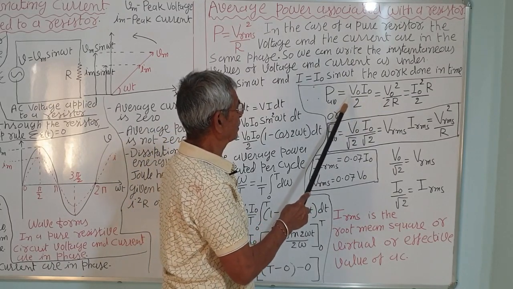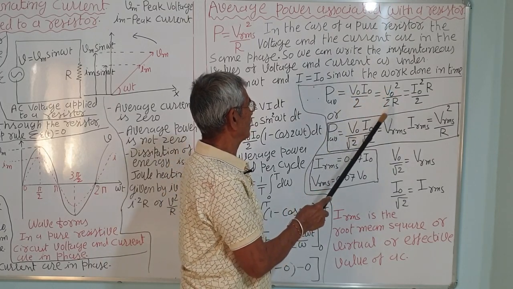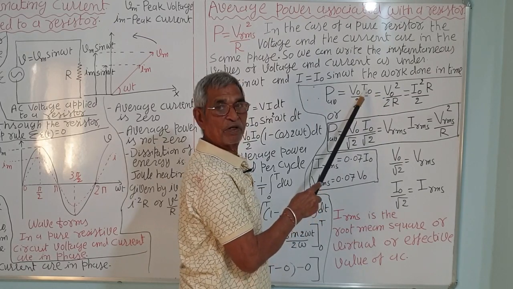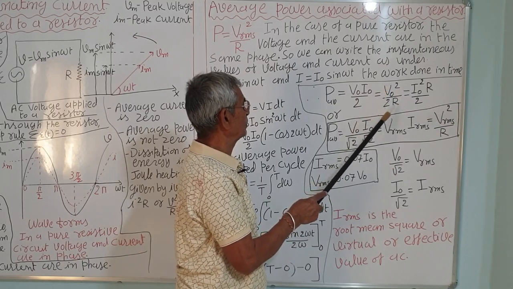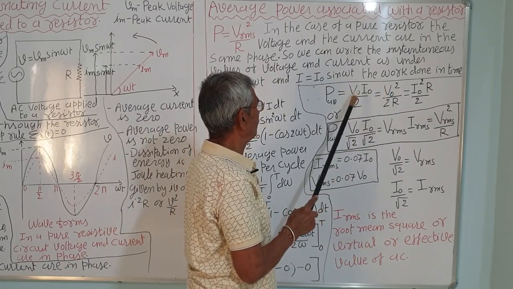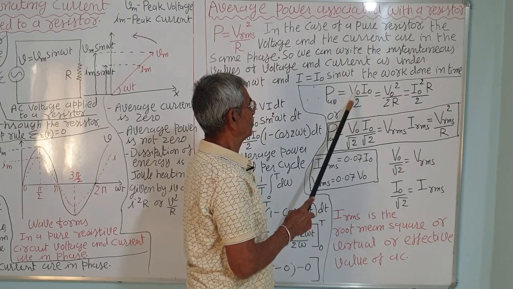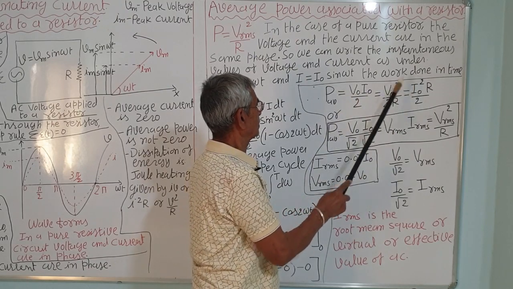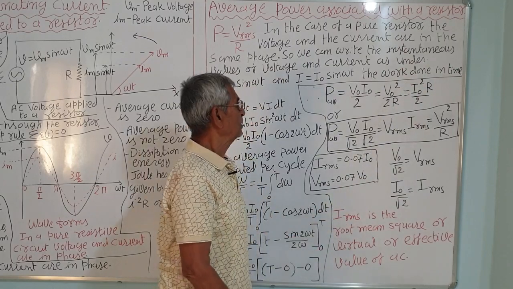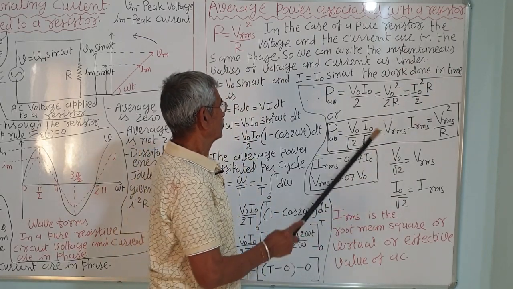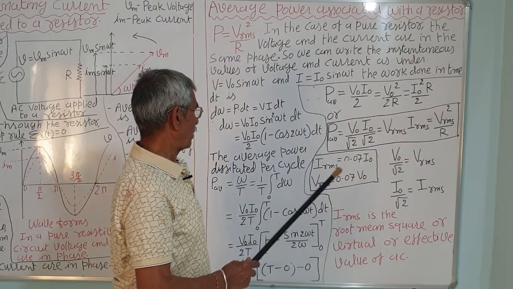Now this V0 is maximum, correct? Or you can write it again in terms of voltage and resistance. So I is equal to V upon R. So I0 is equal to V0 upon R. So P average is equal to V0 square upon 2R. Or you can put the value of V0, that is I0 R, so I0 into I0 R, that is I0 square R square upon R, so one R will be cut. So I0 square R upon 2. So all three are the same, in different forms, for average power.